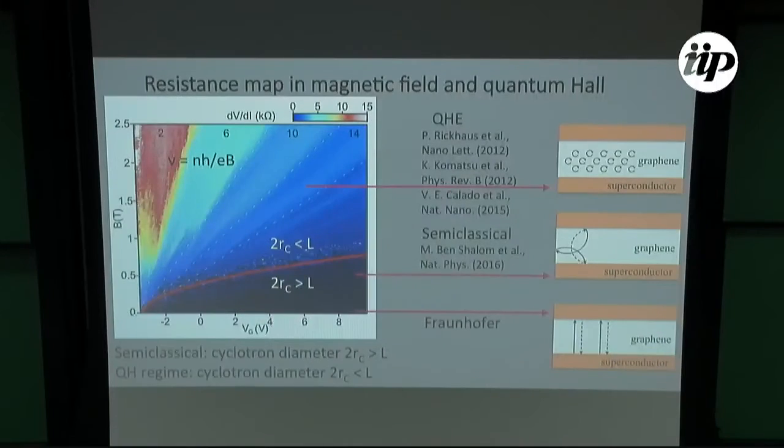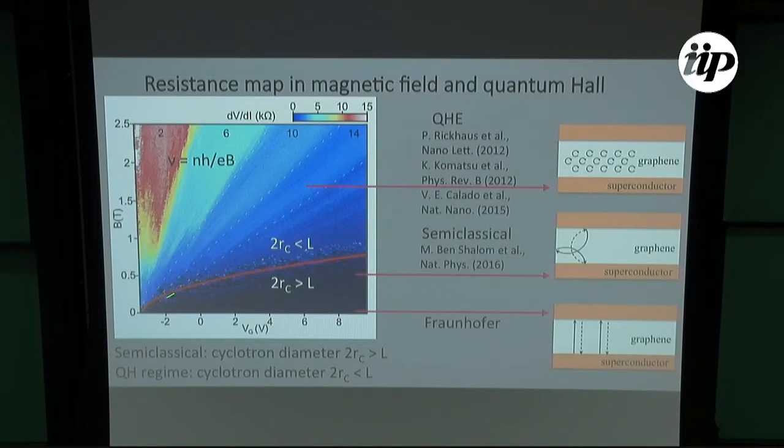So this is finally the data in the quantum Hall regime, where we have the magnetic field as the vertical axis and gate voltage on the horizontal. At high fields, you see this Venn diagram of quantum Hall plateaus, which below this parabolic line switches to the supercurrent regime where resistance is greatly suppressed. This regime has been studied before in various graphene samples. This transition to the supercurrent